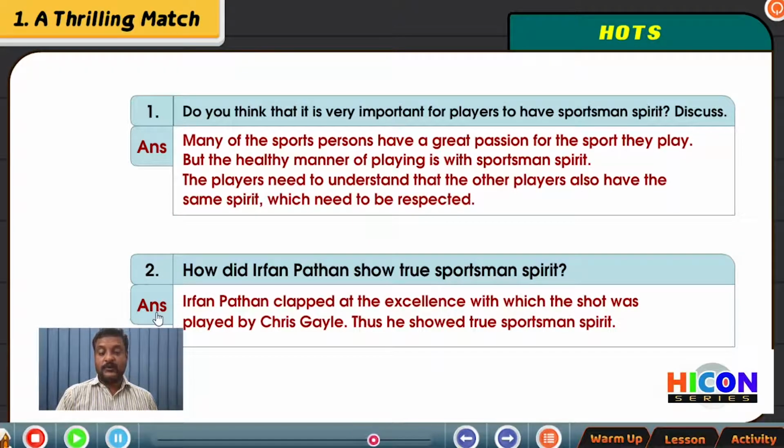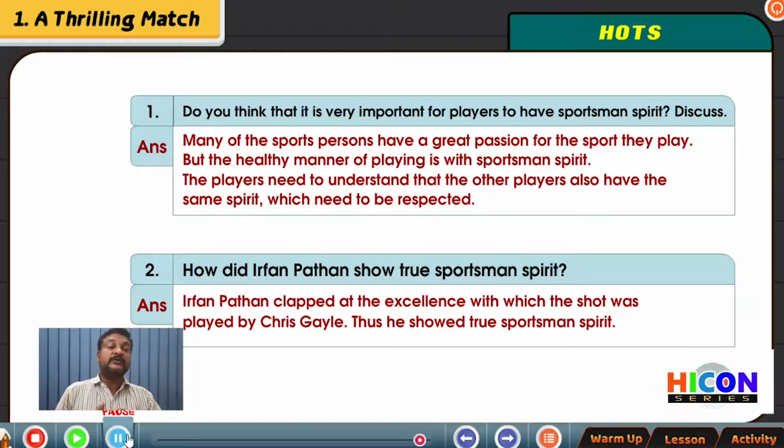Right? So what do you mean by that? Irfan Pathan was not that egoistic to say something like, that was one of the best balls that I could ever bowl, and why should you hit that for a 6? If I have a quality, if I am able to bowl such good balls, Chris Gayle is also able to hit even such balls for a 6. So it's not only my greatness, it is his greatness also.